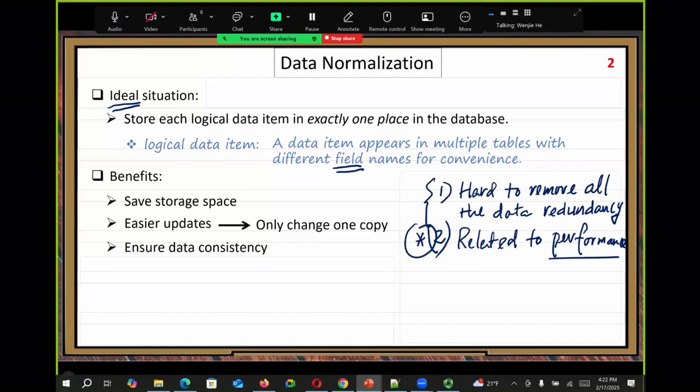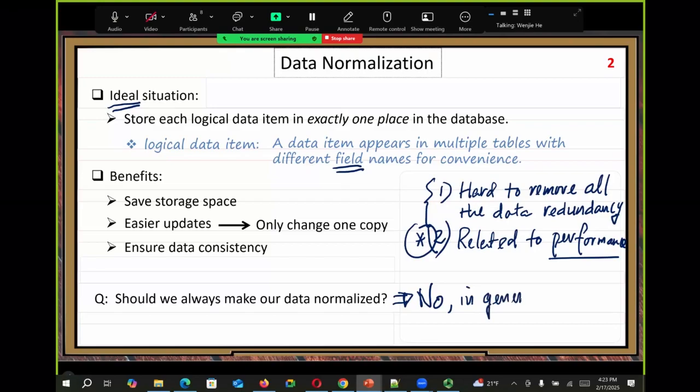That's a very important idea. All right, so we will get there. Question: should we always make our data normalized? Based on the above, your answer is no, right? The answer, no, in general. You may have some special cases where you make your data normalized, right? But in general, because